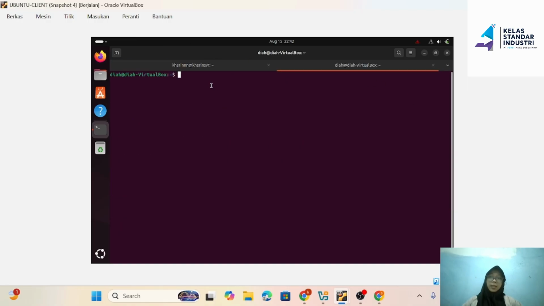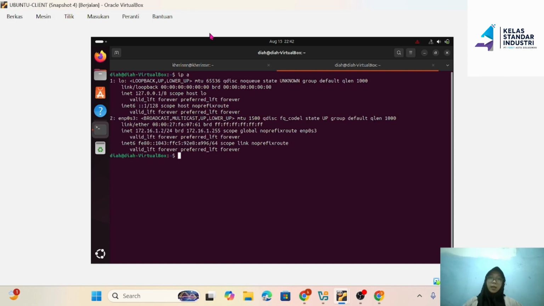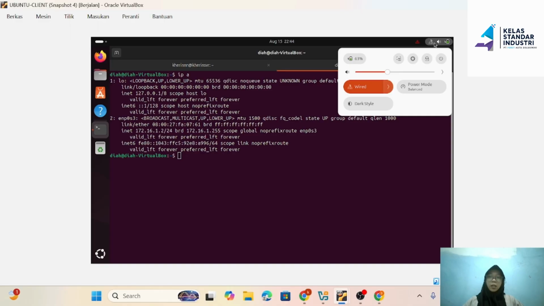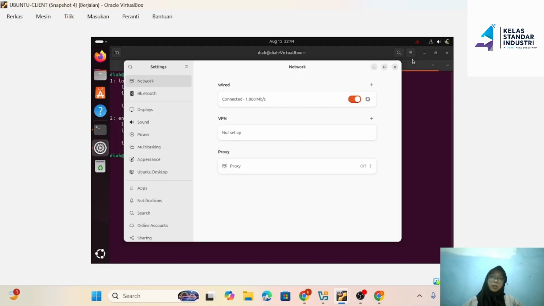Let's check the initial IP first with ip a. We have IP 172.16.1.2, right? Then go to the top right corner, click wireless settings, click settings, then in the network wireless, click the gear icon in the network.